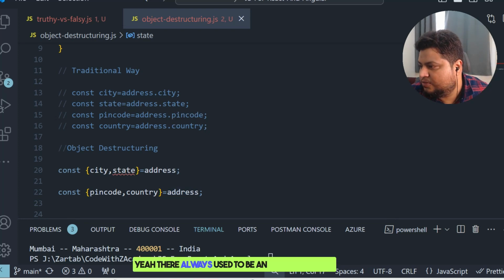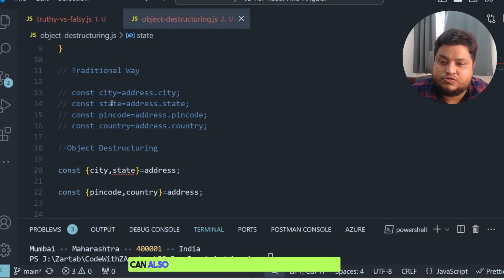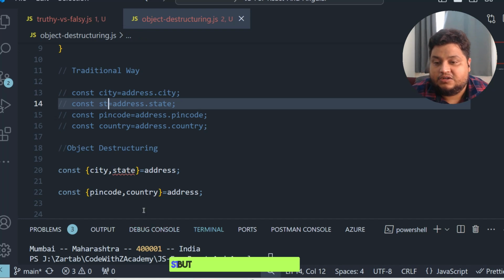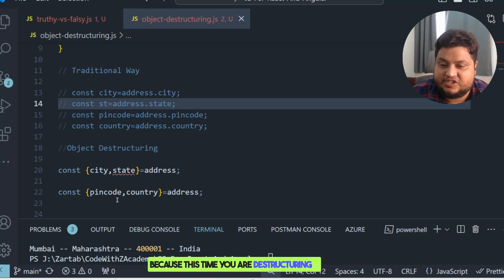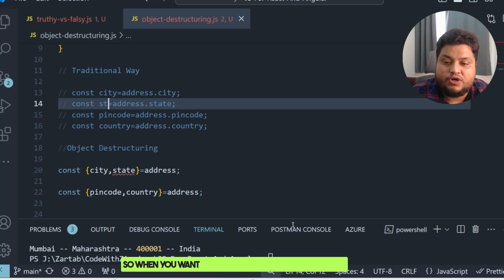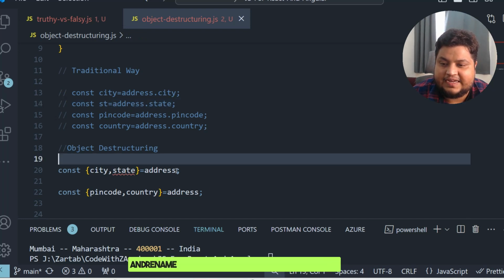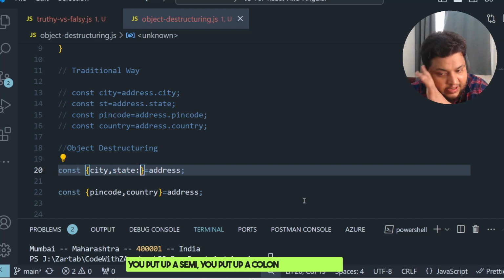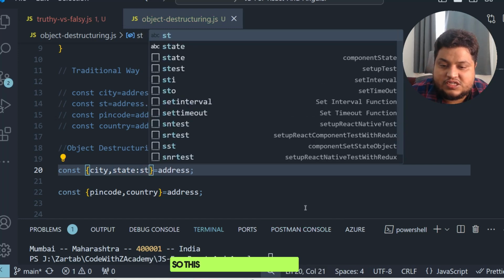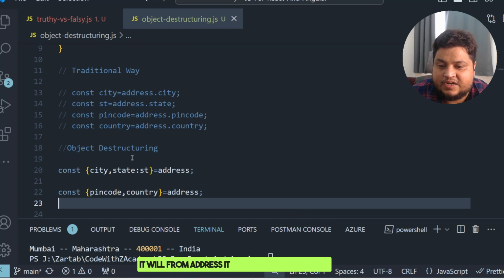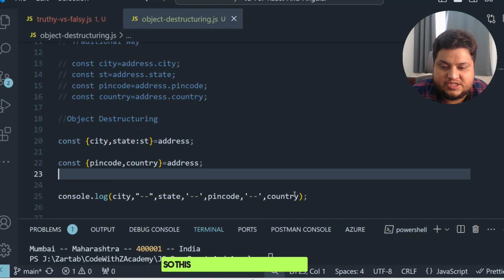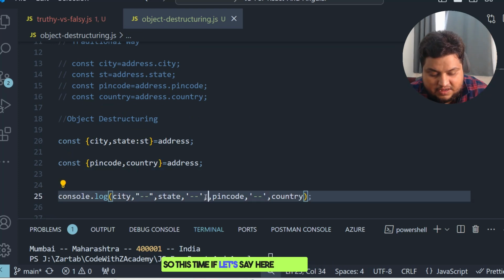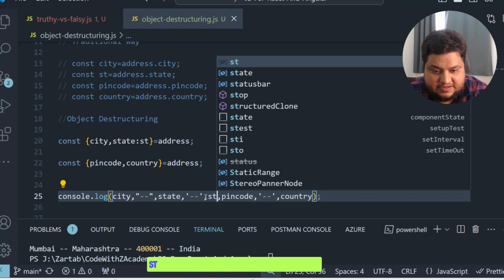While you are declaring it normally, there always used to be an option that you can fetch the data as per your requirement, and instead of state you would have said st. But how will you do it here, because this time you're destructuring it and you want to fetch it out? When you want to fetch a property from the original object and rename it, you put a colon and say st. So this time it will destructure state from address and rename it as st in your scope. Here I add st, comma,